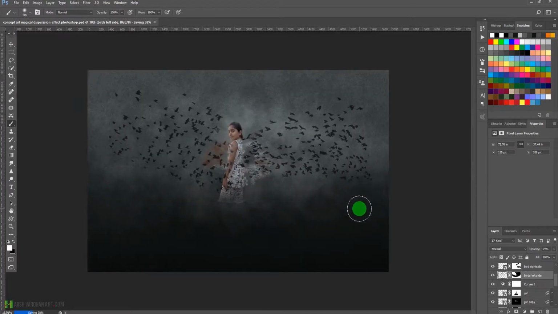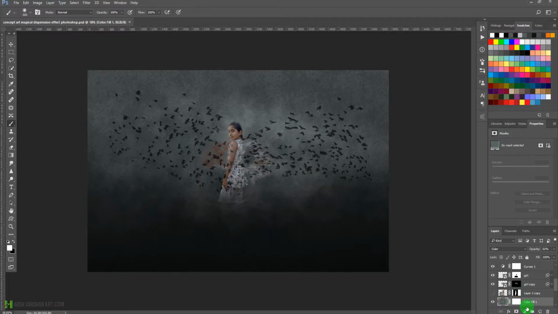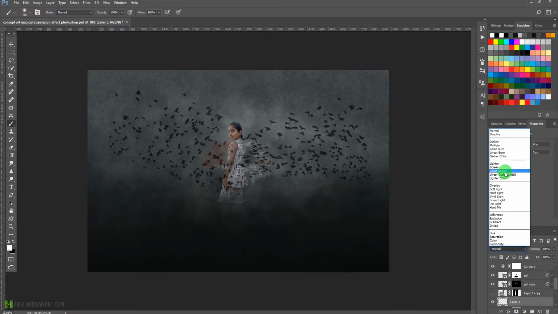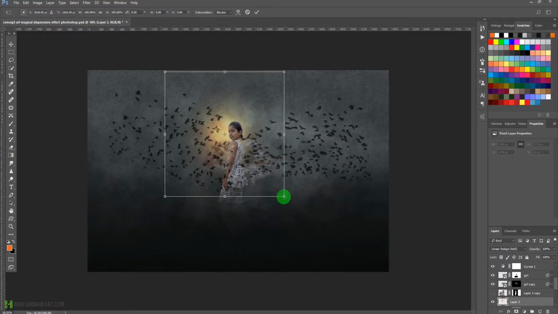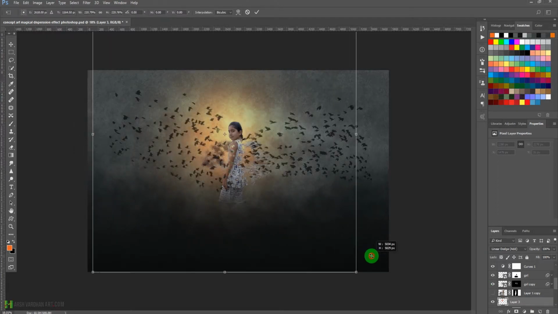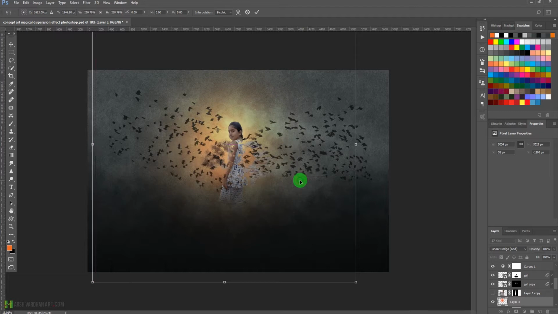And now let's add a little bit of light on this side. So we'll come over here on the bottom above this color fill and create a new layer and change its layer blend mode to linear dodge, and let's select this orange color and paint here once, or let's say twice, and press Ctrl T or Command T and resize it to something like this. Place over here